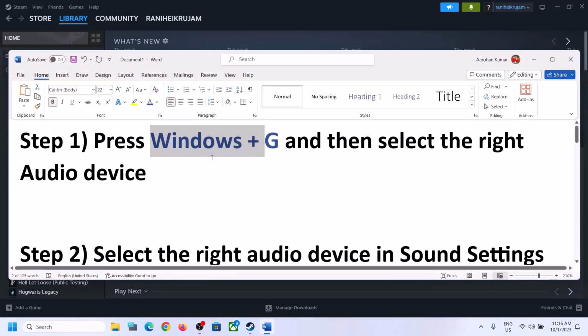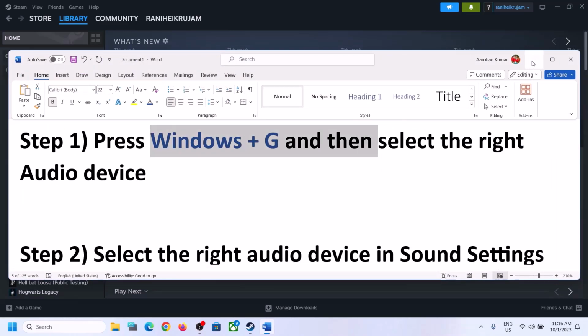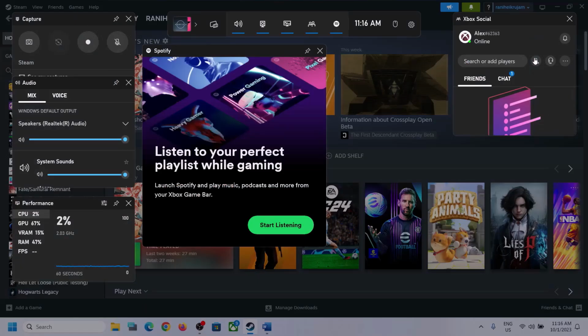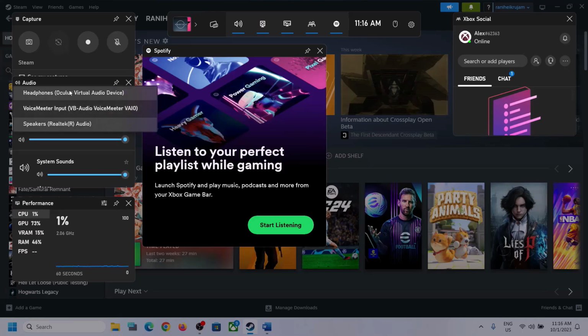Now the first step is to press Windows plus G on the keyboard. So press Windows plus G, it will open Xbox game bar. Now on the top over here you can see speaker icon, click on it, and then over here you can see audio, and over here select the right audio device. So click on this down arrow and make sure that you select the device, the speaker which you want to